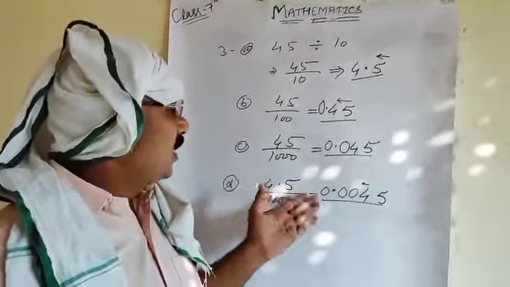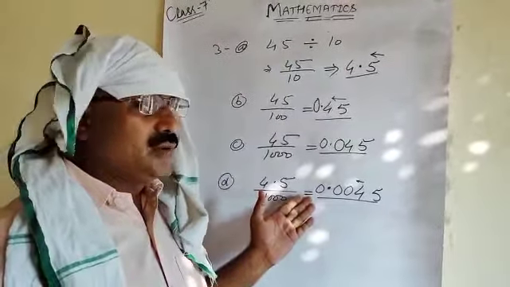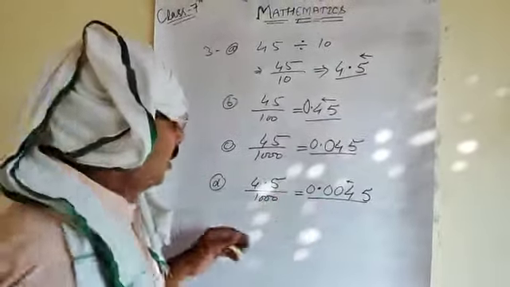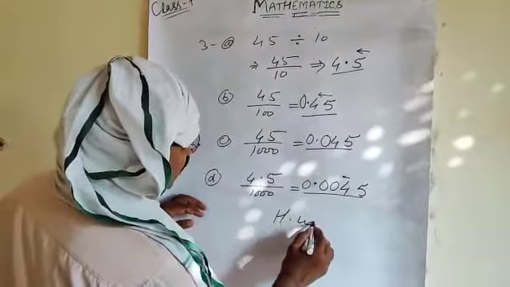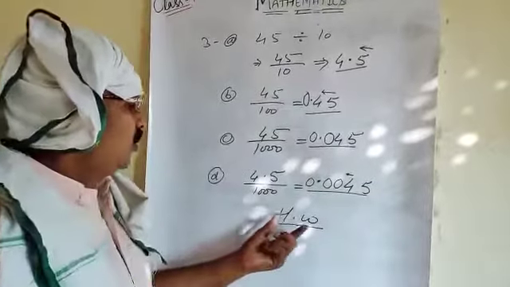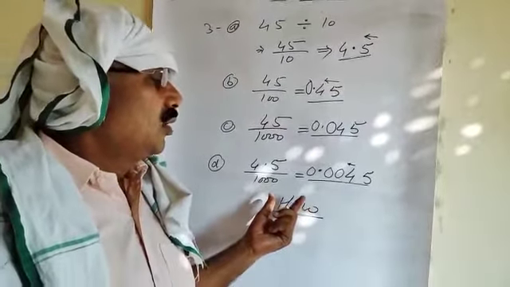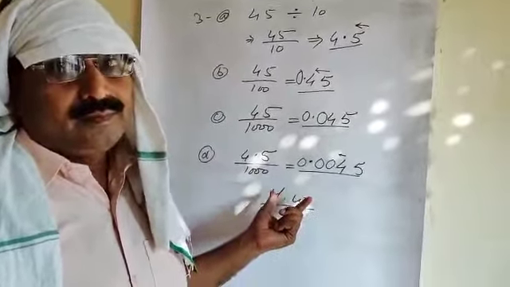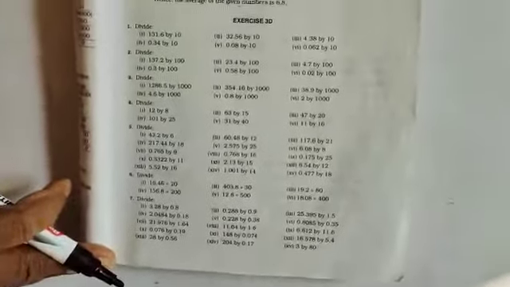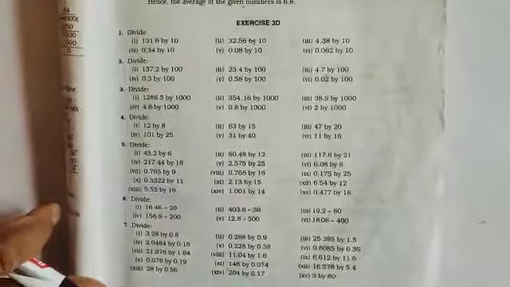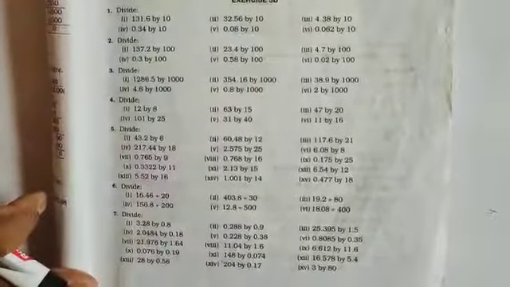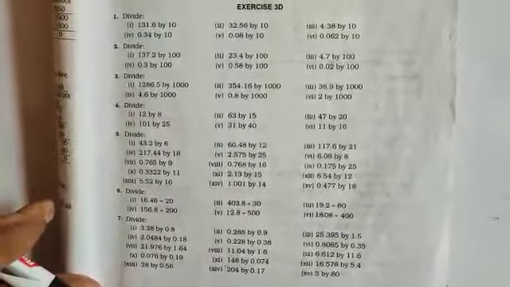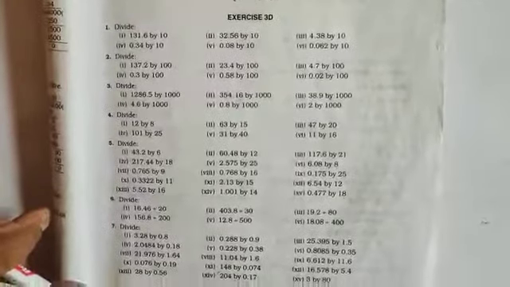Whole numbers or decimal numbers, you should follow these rules and regulations. Now I am going to give you some homework to be solved by you. So solve and try to do it yourself to increase your knowledge. Now solve the given questions yourself in your notebook and try to find out the quotient correctly. Thank you.